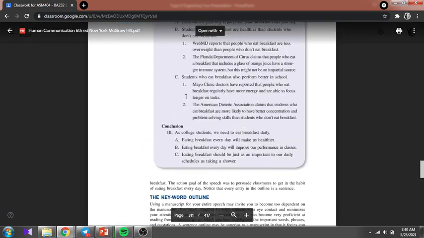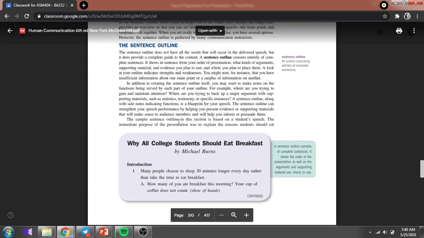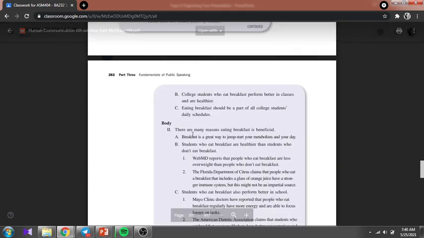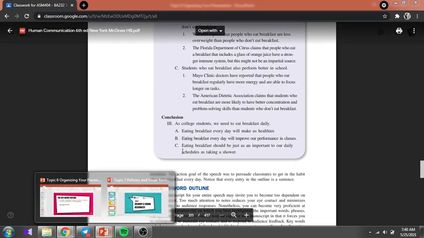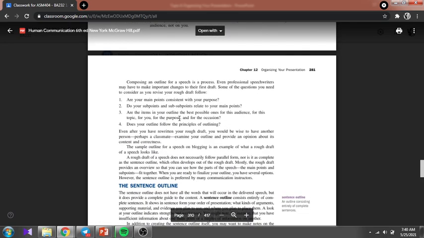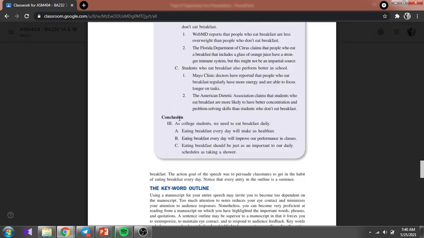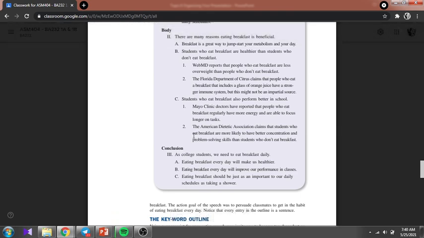I think for your outline you have to give me some more detail like this. Okay, the sentence outline, this one. Okay. So just refer to this page 281 until 282. Okay, I think you can do your informative speech assignment. Okay, assignment. You have to record the video later on for the informative speech and this persuasive speech,